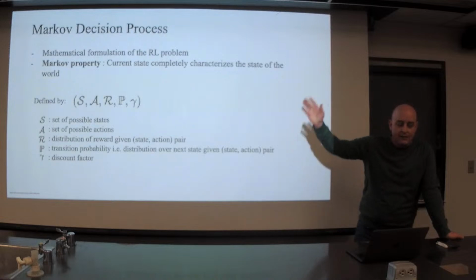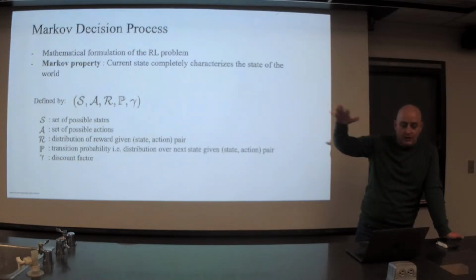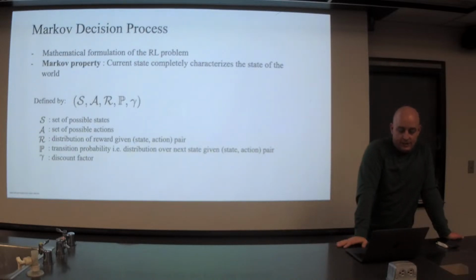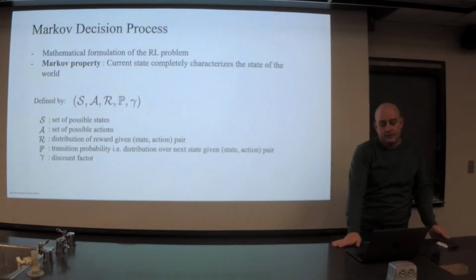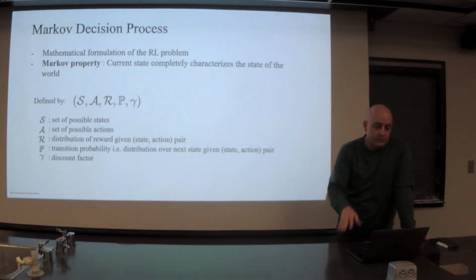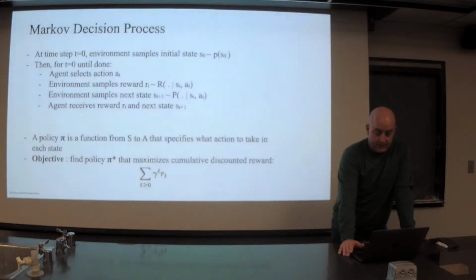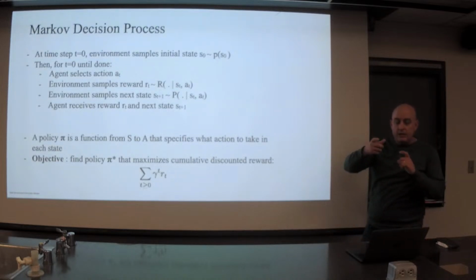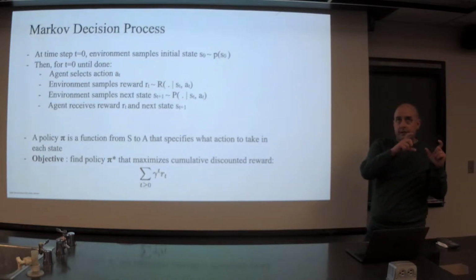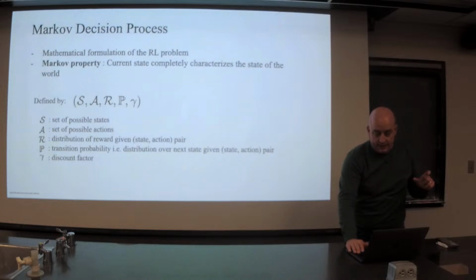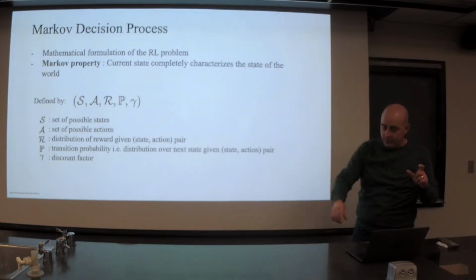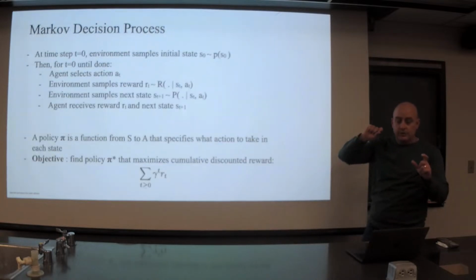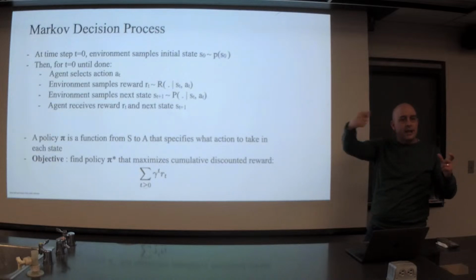I mean, we could violate this pretty easily in real life, but it's fairly reasonable that agents will just use what information they have now to make decisions. Okay, so a little bit of theory there. So what does this look like? Well, we use these objects that are in our definition of the process to create the sequence of states and actions.